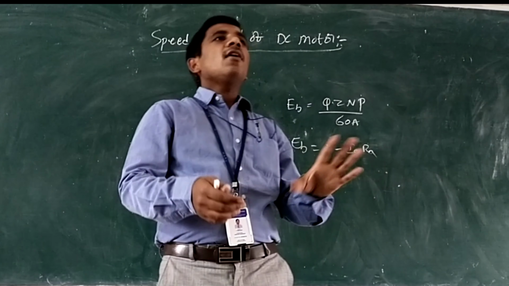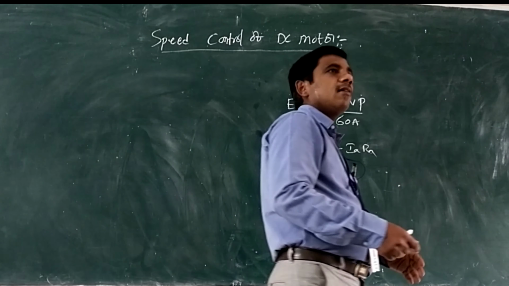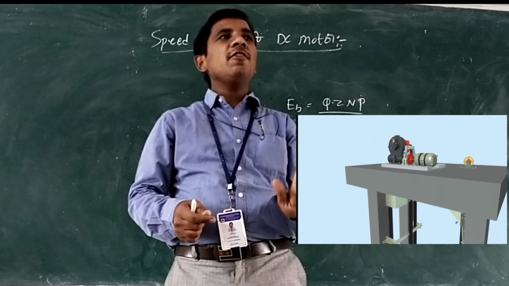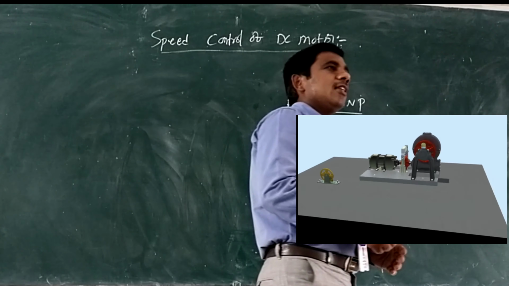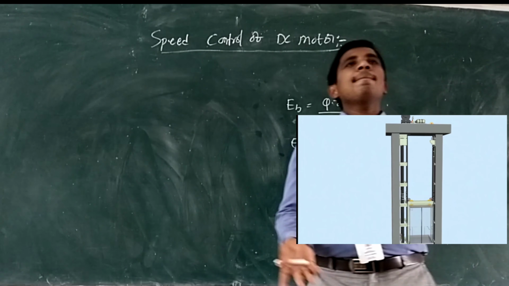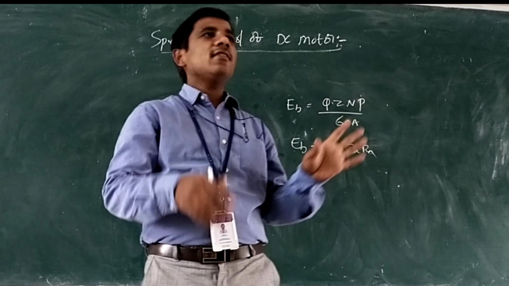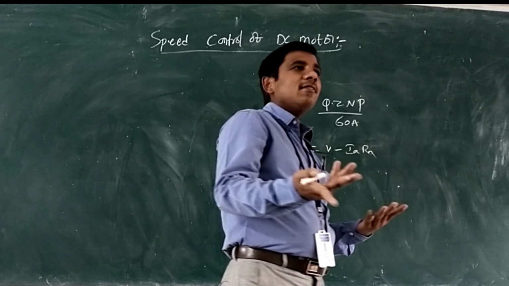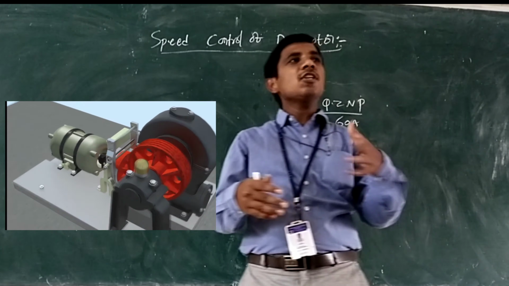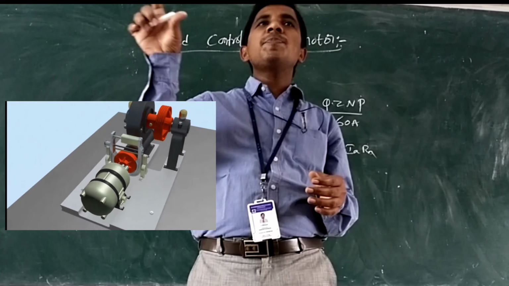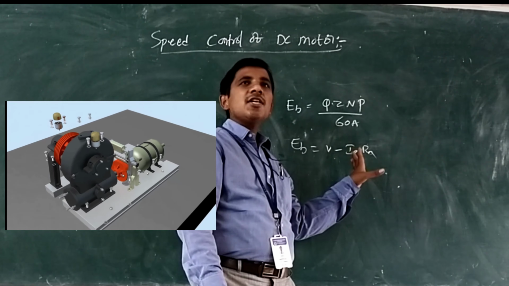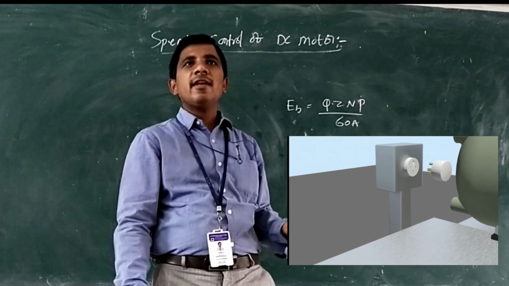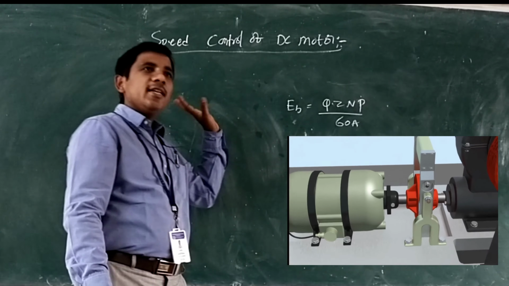Similarly, if you go for the highest lift in industrial applications or in showrooms, the lift speed must be very smooth, so speed control is required. You know that if the lift is falling very fast, what will happen? You know the situation: all the persons will suffer from overspeed. That means smooth speed control is required for industrial or domestic applications, whatever it is. Hence, speed control is important for DC motor.